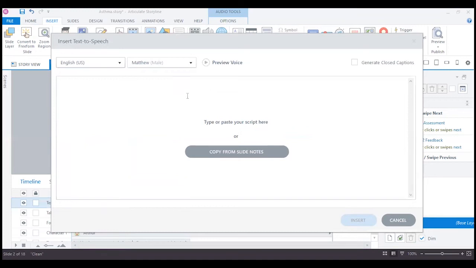The second option is that I can select the gender of my voice. So if I click on this arrow, I can see that I can have female voice and I can also have male voice in regards to what language I have chosen. So for English language with the accent of US, I can have all these varieties when it comes to selecting a male voice and a female voice.